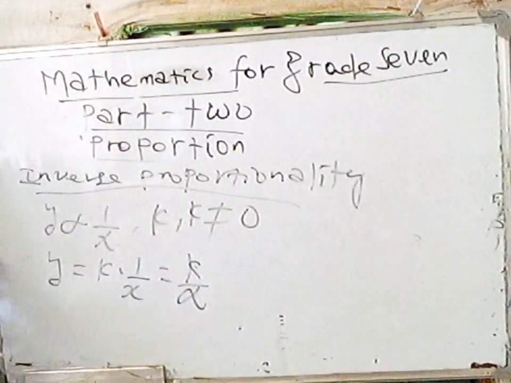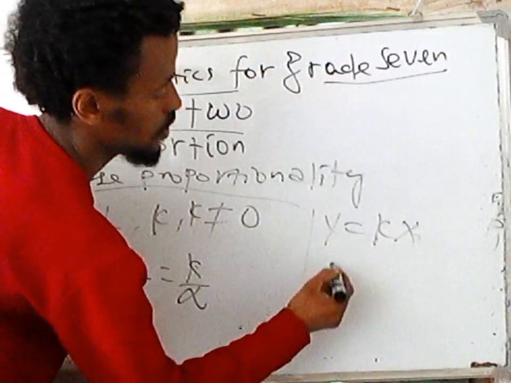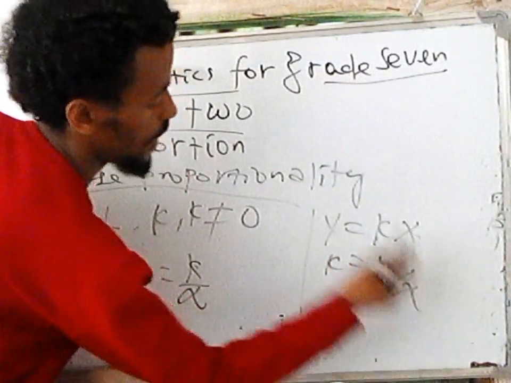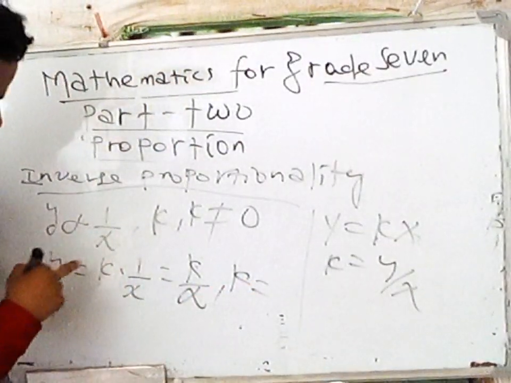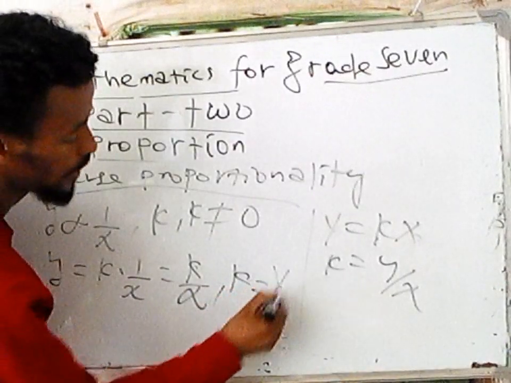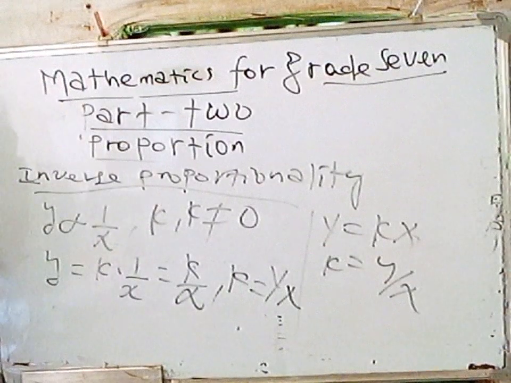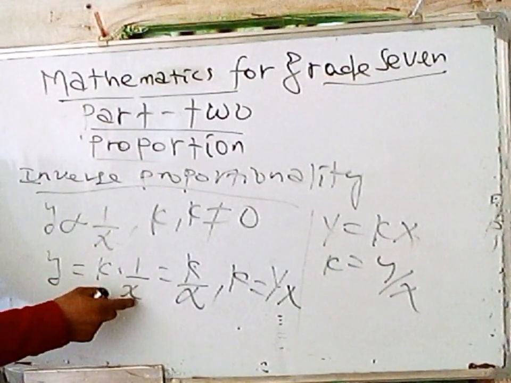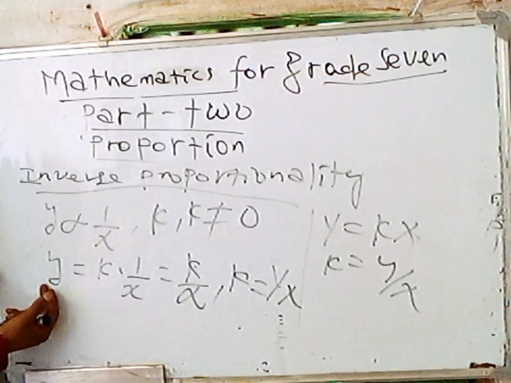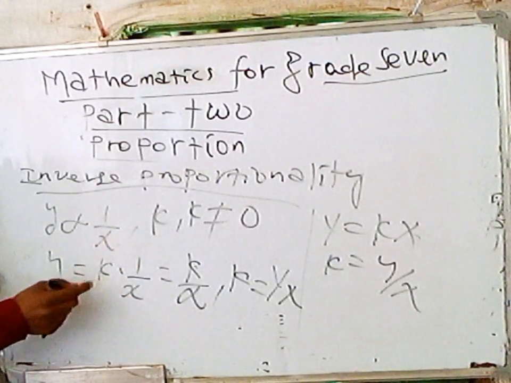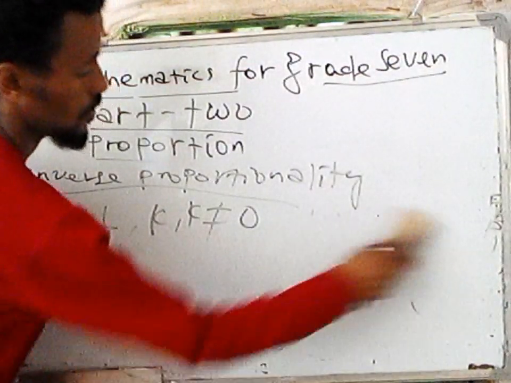k over x. Direct proportional ላይ y is equal to kx ነበር። k እንዴት ነበር ማገኘው? y over x ብዬ ነበር። Here ግን k እንዴት እናገኘዋለን? y times x, yx ብዬ ነው ማገኘው። so ምን ሊሰጠን ይችላል? የy እና x ቫልዩ ፈርስት ሊሰጠን ይችላል። Then next, ወይ x ወይ y ተሰጥቶ ያንዱን ፈልጉ ሲባል የሚጠበቅብን ምንድነው? ኬን ማግኘት ብቻ ነው።